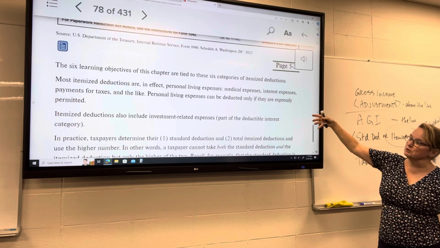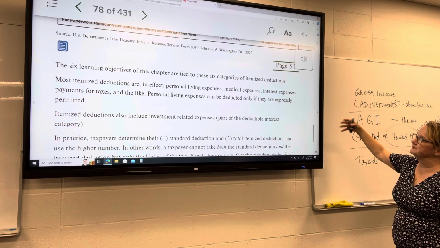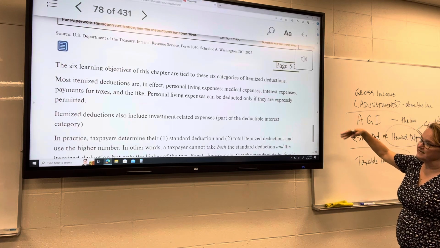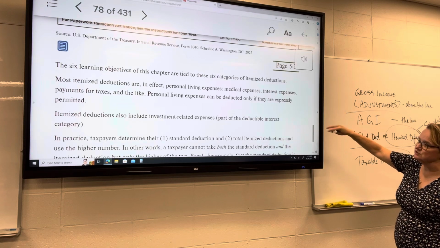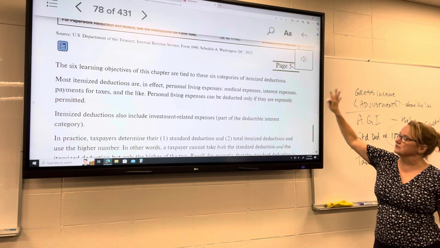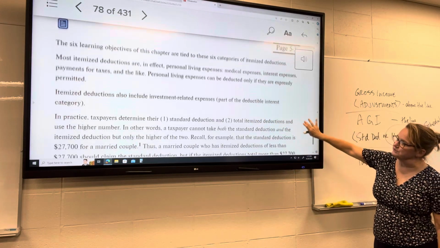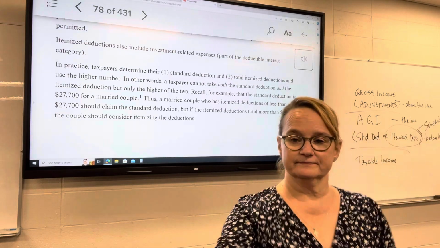As it mentions here, most itemized deductions are personal living expenses: medical expenses, interest expenses, payments for taxes, and that. Any other personal living expenses generally are not deductible, but if they are deductible, they're going to be found on this particular form. All right, let's go to